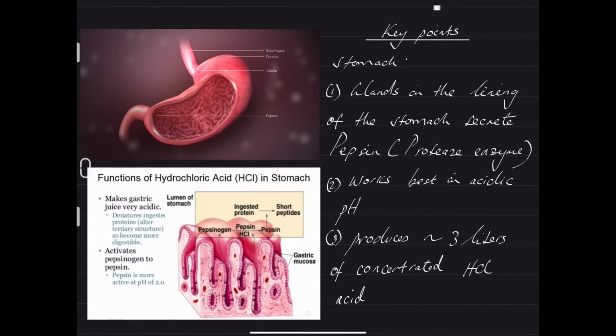So the stomach will produce approximately 3 liters of concentrated HCl acid for creating the right conditions for pepsin to